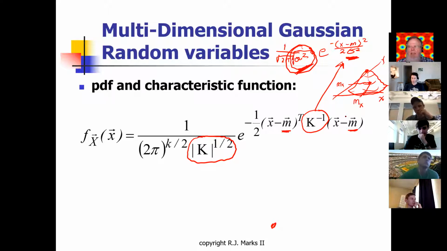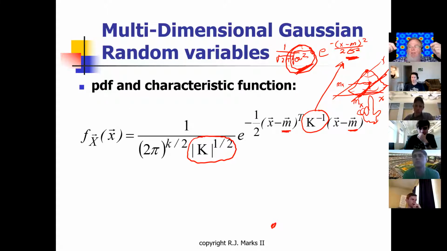Notice that the mean in 2 dimensions is just like it is in 1. If you took this and made it out of paper mache and you wanted to look at one point on the board where you could perform the balancing, it would be at the mean, right? If you put your finger right here, that whole thing would balance on your fingertip. However, the other thing is if you put a string across here at m sub x, you could also balance that probability density function, right? It'll be a little bit floppy on one side or the other, but you could balance it on a string, couldn't you?